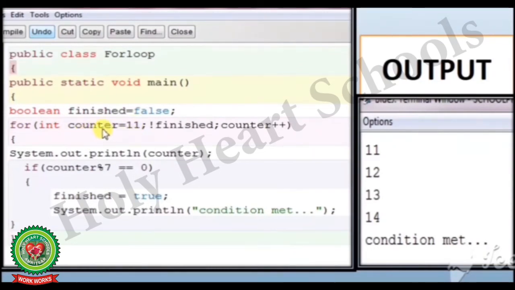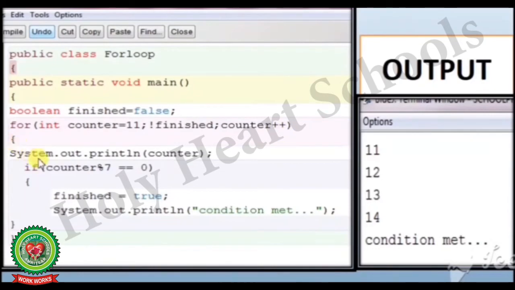A counter is a variable that is of integer data type and its initial value is 11, semicolon, not finish. This is our condition part, semicolon, counter plus plus. And every time when the loop runs, the value of counter, that is 11, will be incremented by 1. Counter plus plus means counter is equal to counter plus 1.